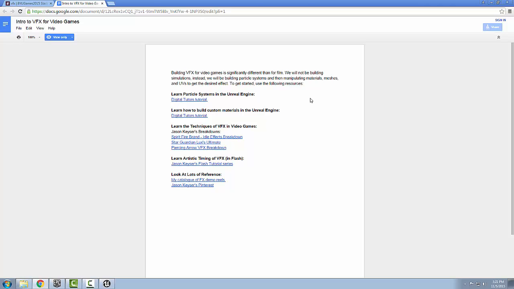effects in Unreal. So if you're going to be building effects for the game, I highly recommend that you go through each of these so you can learn how to build particle systems in Unreal, and you can learn how to build materials in Unreal, because custom materials is a big part of building effects when you're doing this for video games. And then these breakdowns right here on Jason Kaiser's YouTube site are extremely good for showing the general